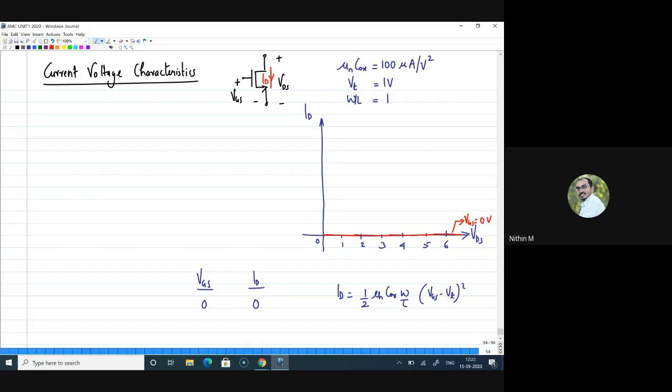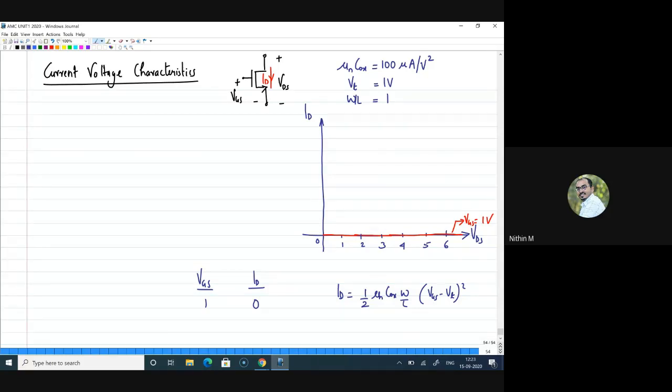That cannot be drawn using this equation, right? So I'll consider that my VGS is 1, then only this will hold true. I hope it is clear. We know that when your VGS is 0, current is 0, but that is your cutoff region, and this equation cannot be used there. So I will start with VGS of 1. When I substitute 1 minus VT, you will get a current of 0, right? That is marked here as VGS equal to 1 volt. Whatever you do with VDS, your current will remain as 0.